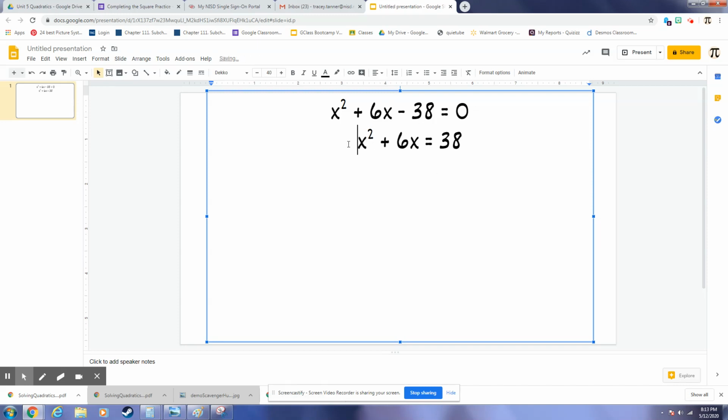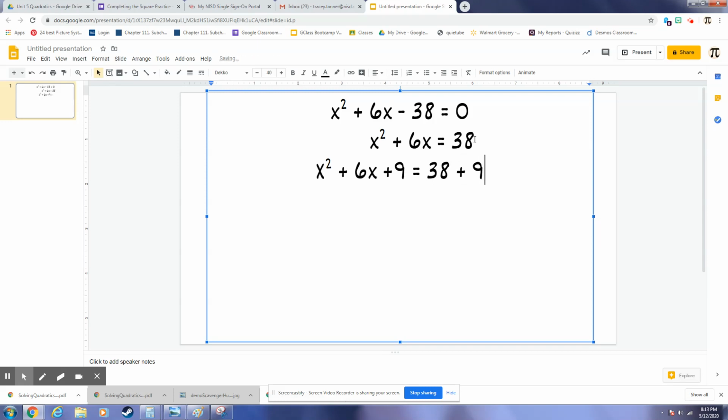Okay, so now I'm going to complete my square. So how many unit squares do I have to add? Well, I have my 6. Half of 6 is 3. So I'd have 3 x tiles on either side of my x squared tile. And then square that, and I would get a total of 9. So I can't type and talk at the same time. And this is like the third time I've done this video. And so if I add 9 to that side, all well and good, as long as I add 9 to